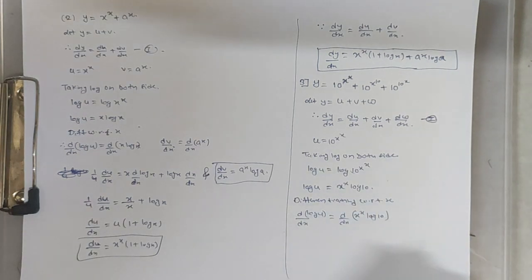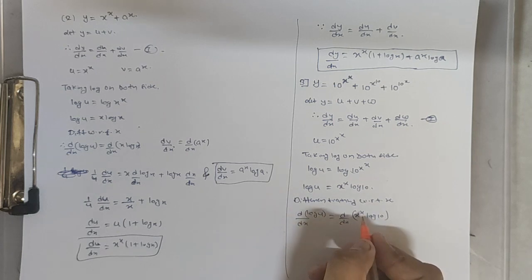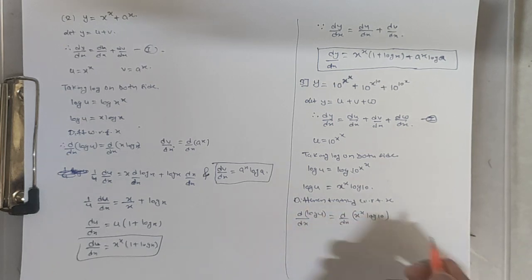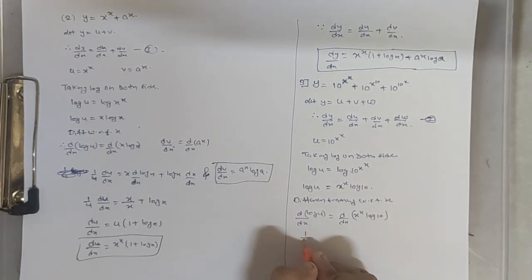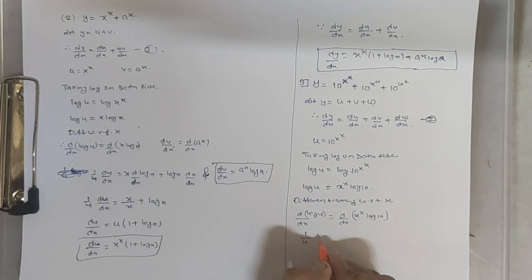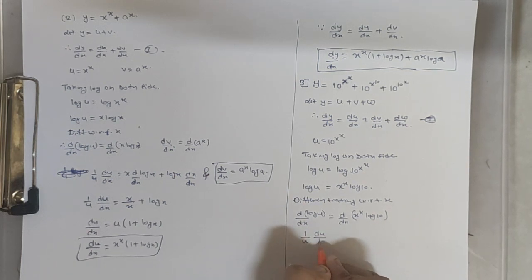As we all know, log 10 is a constant, so we will take it outside and we will differentiate this. So this will make a complication, but again we can solve it. So 1 upon u du upon dx